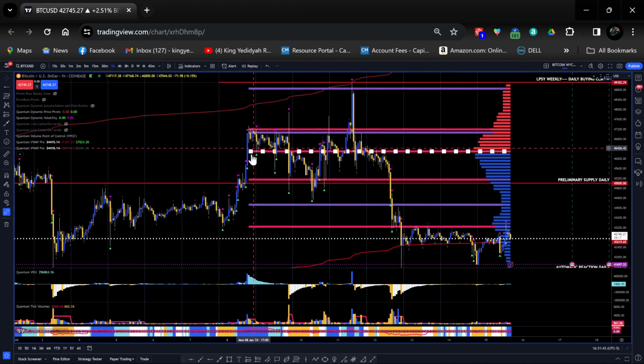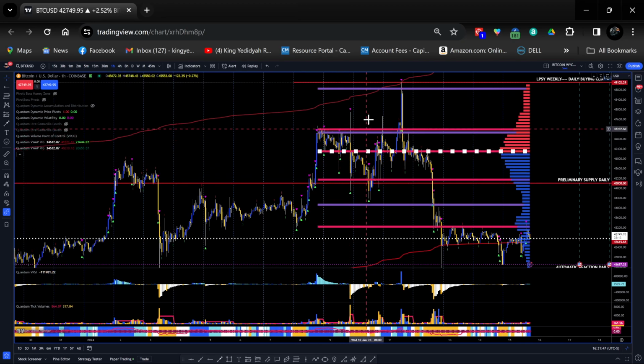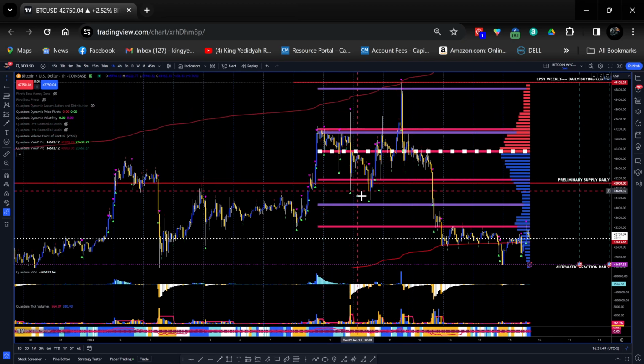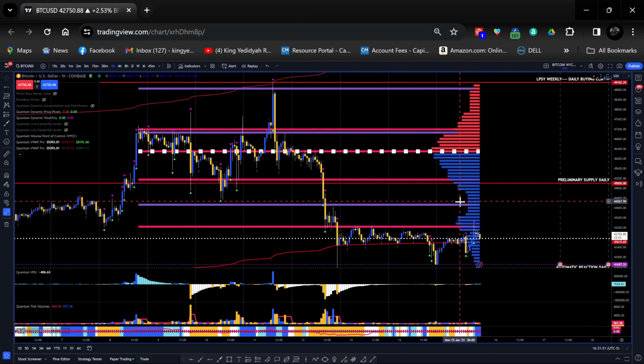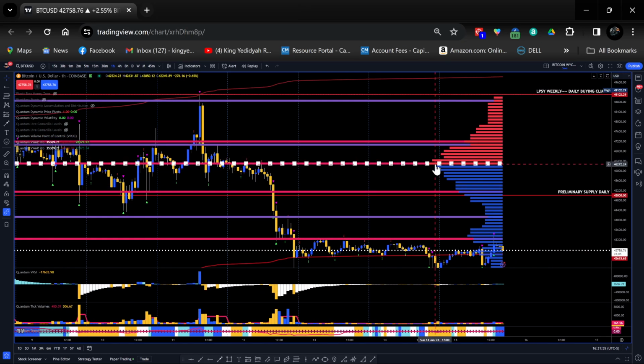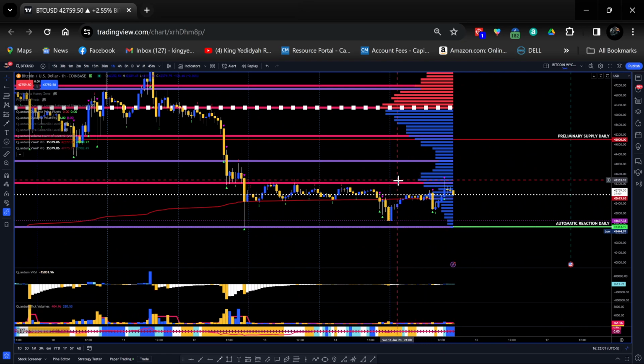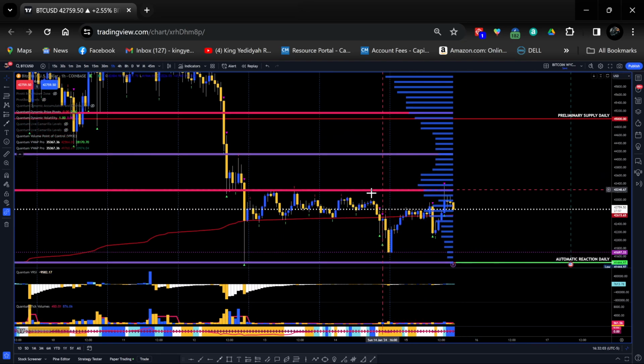And it lines up with the start of this distributive structure. Here we have the volume point of control for this at 40,463, and we have some high volume nodes here where we're getting this rejection right here at 43,